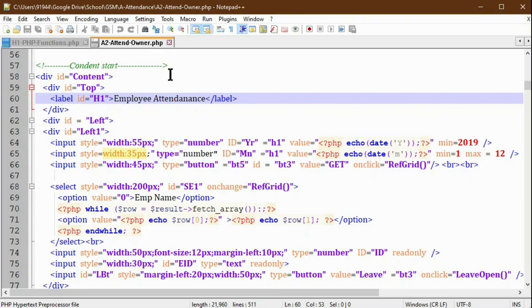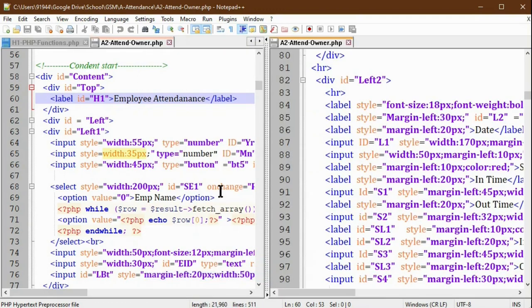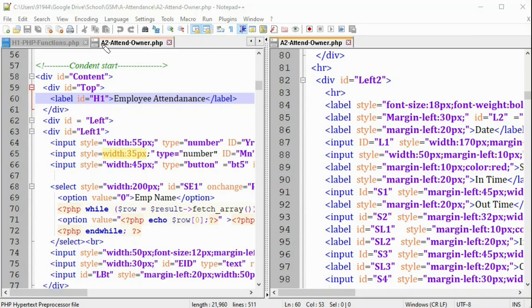For this also you have to right click the file you want to clone, then select the clone to other view command, and the file will be duplicated in the right hand side window. You see the same file A2 attendance owner PHP here, and here also the A2 attendance owner PHP file is.